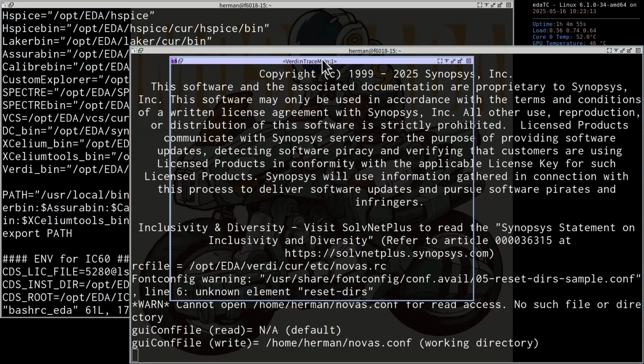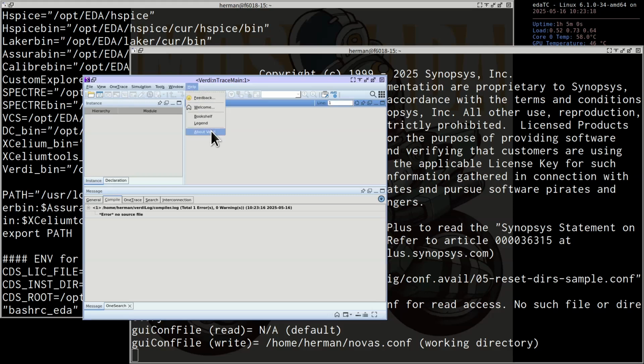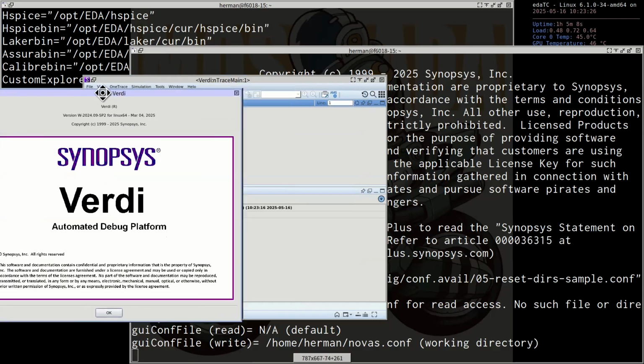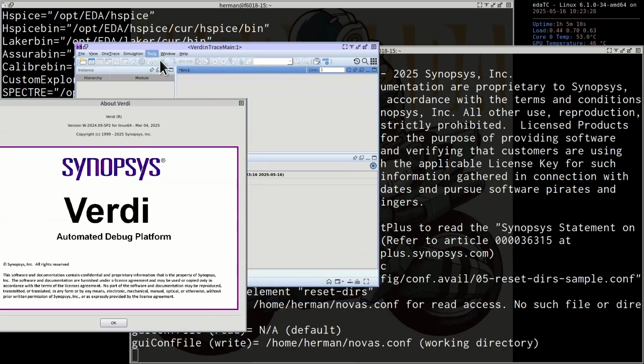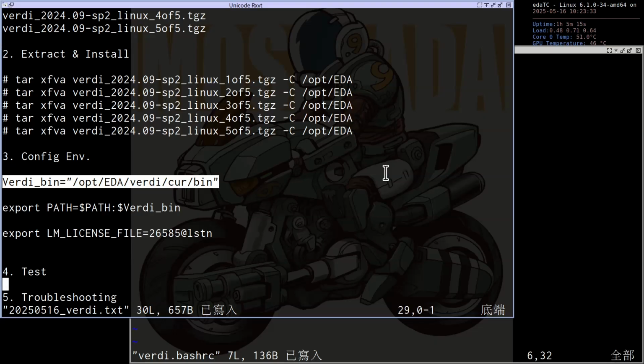Okay. So we can see that this is Verdi 2024.09-SP2. Okay, so I already opened Verdi, so we don't need to do troubleshooting.